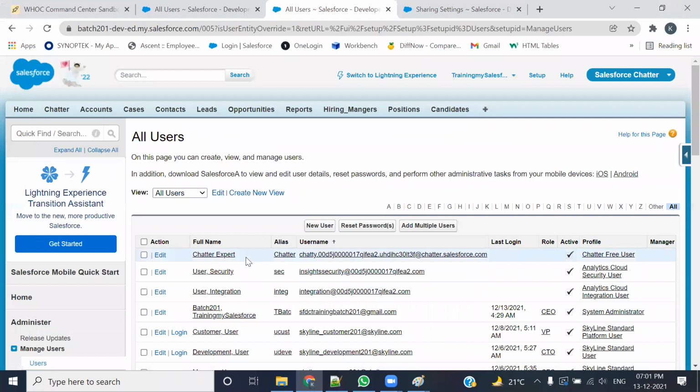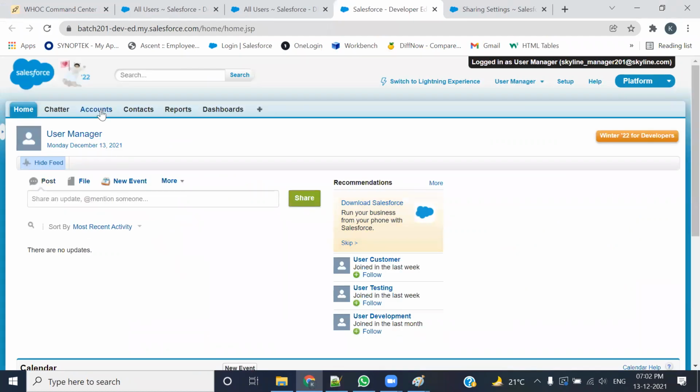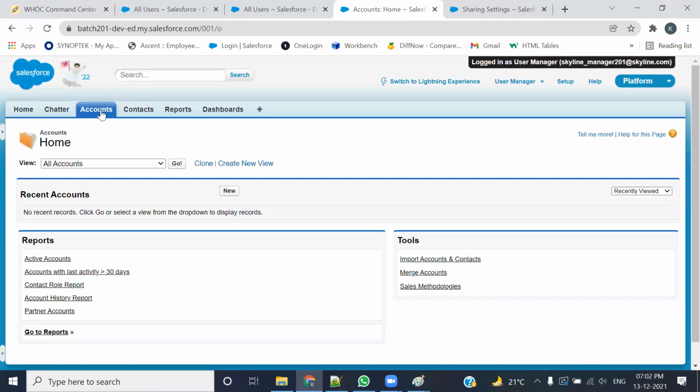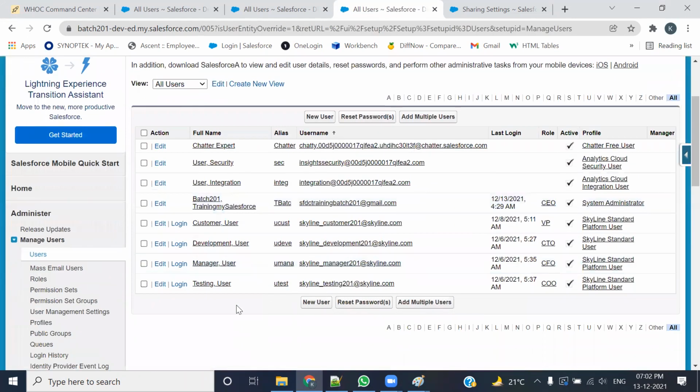दोनों पे check मारता हूँ। Let me try to log in with the manager. अब मैं manager पे log in करता हूँ। Let's go to the account. Recent में कुछ नहीं दिख रहा है, all accounts option select करके go करता हूँ। This user again doesn't have anything. That means the record is also now not visible to the manager. आप देख सकते हो, मैनेजर को भी नहीं दिख रहा है, श्योर हो गया।